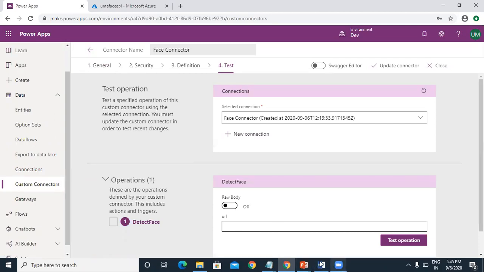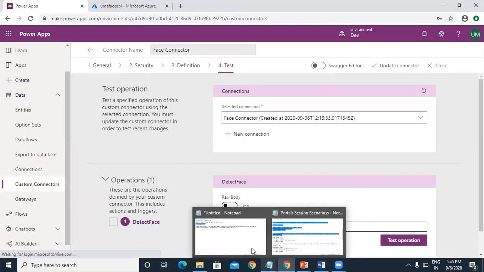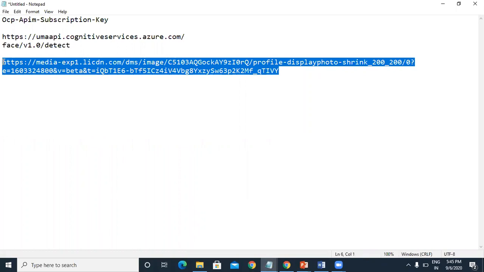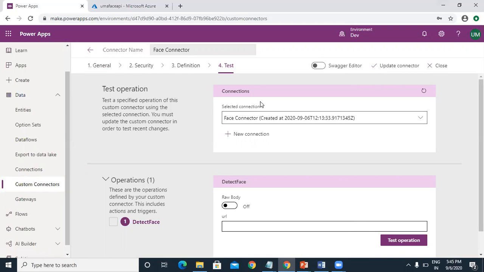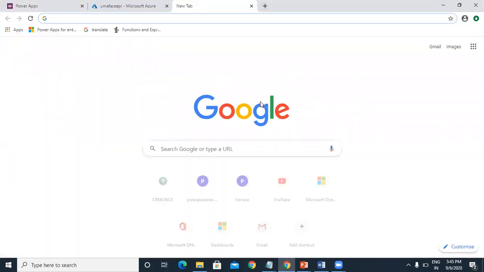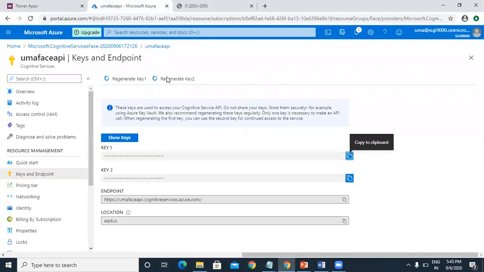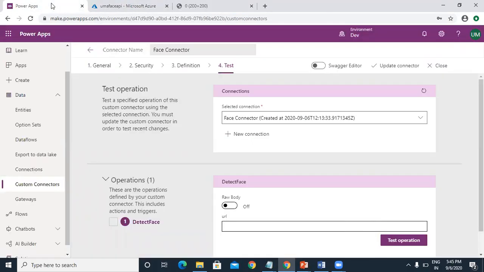Let me pass some image URL here. So this is the image URL which I'm passing right here. I just want to show you this image here. There is some space, some face. So let me paste it here in the image URL.